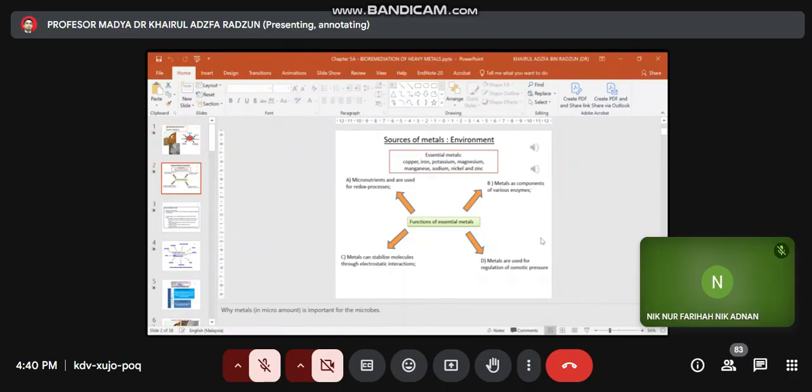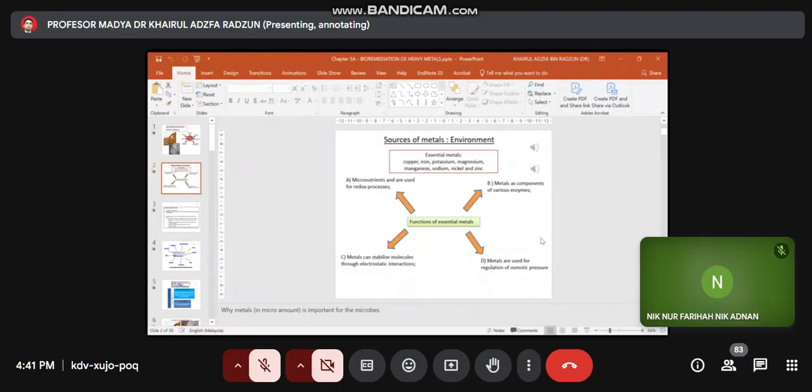These are essential metals that are required by humans and also required by the microbes for the biological processes to happen within the cell. Some of the metals are required for growth, and some other metals are required for the production of proteins and certain enzymes that the microbes need to continue their growth and